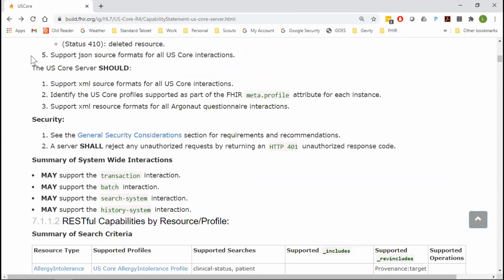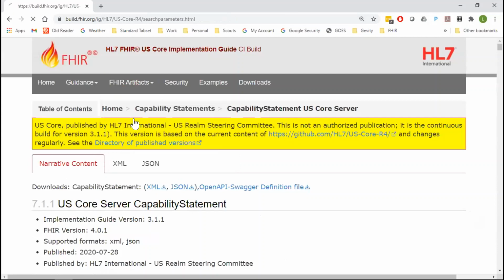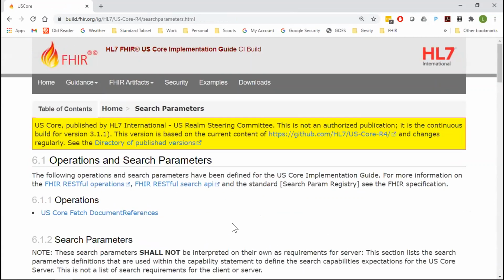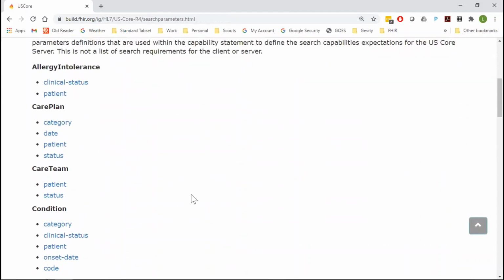The other thing that US Core has defined is search parameters. And so they've gone through and said, these are the specific search parameters that we expect there to be support for and how they're going to be used. So